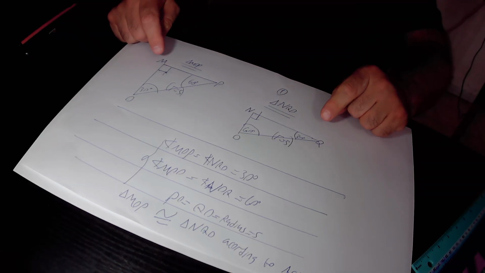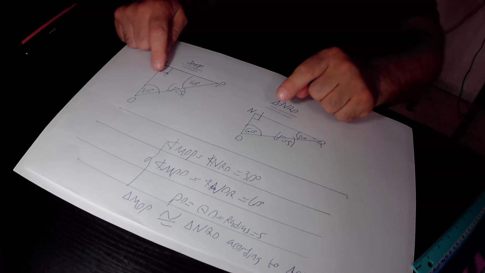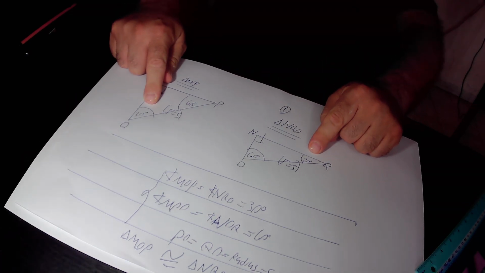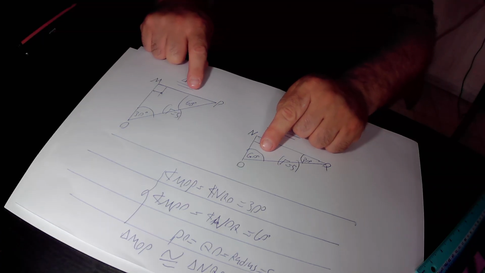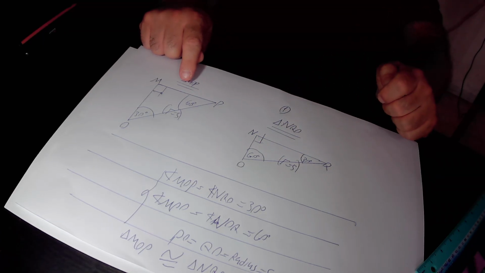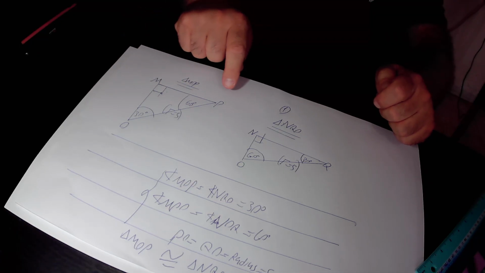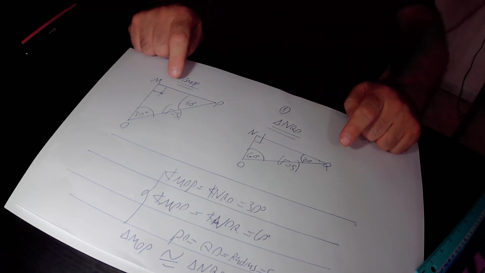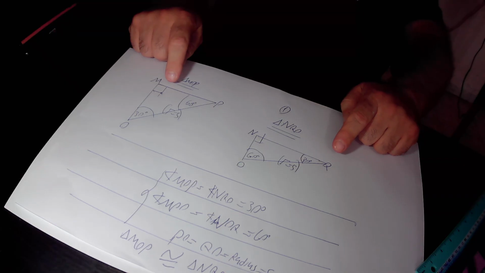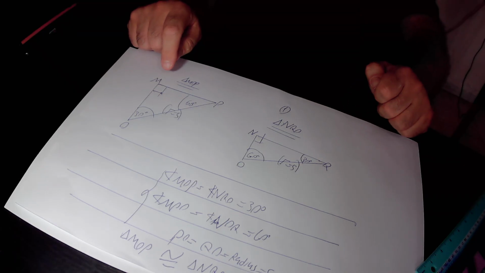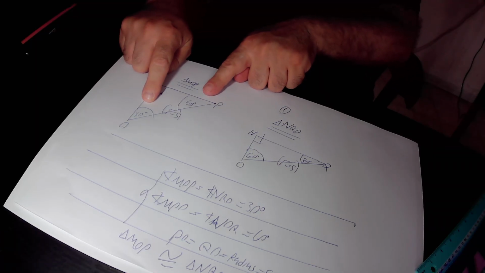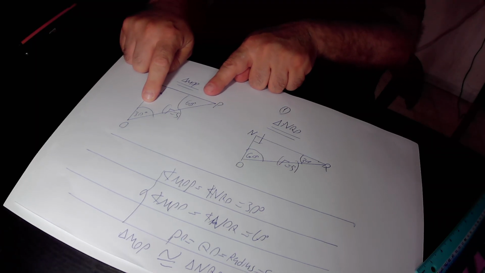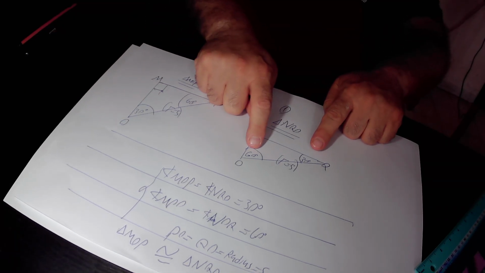So why can those two right triangles go into each other? First of all, those two angles are both equal to 30 degrees and therefore they are equal to each other. In addition, those two angles are both equal to 60 degrees and therefore they are equal to each other. And finally, side OP equals side OQ. They are both the radii of the circle and therefore they are equal to each other. So I shall prove that those two angles and the side included between those two angles, that is side OP, are correspondingly equal to those two angles, and the side included between those two angles, that is side OQ,